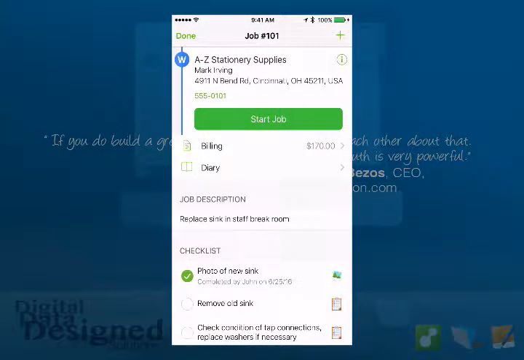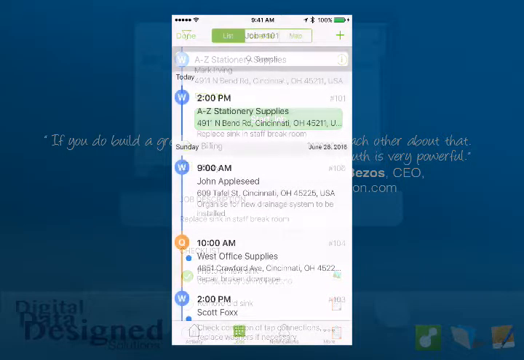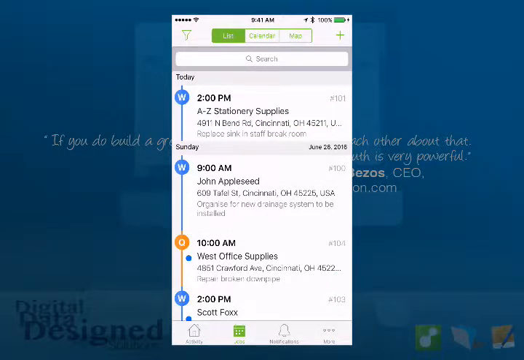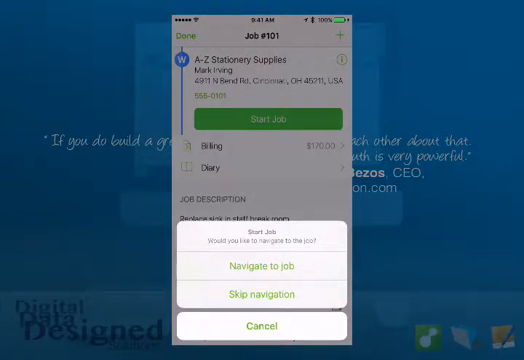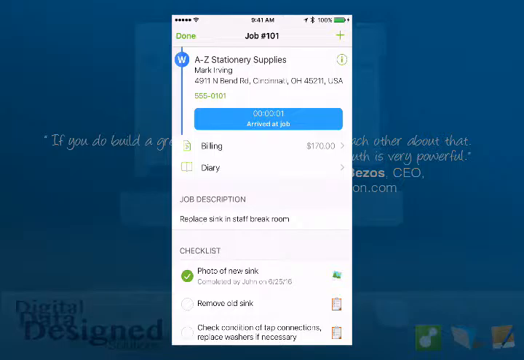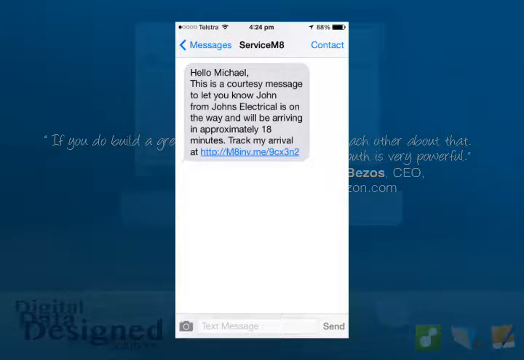Lastly, I wanted to show you a way of using photos of your staff and team to put your customers at ease as to who is coming to their home, all while using ServiceM8 to let them know when to expect them. To start using this feature, you'll simply need to check into your job. When you do, it will automatically notify your client that you're on your way. If you have a Navigate to Job SMS template enabled on your account, that text will also be sent. Your client will receive an SMS letting them know who is coming and their ETA, with a link to